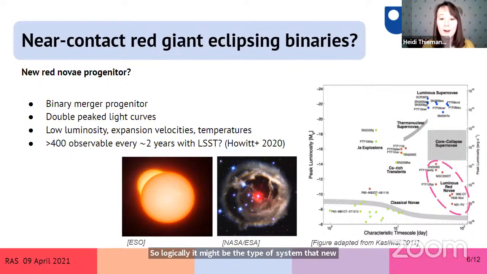And they're also very rare. Within our galaxy, we've only got 4 that have been detected in the last 25 years. So the current scarcity and diversity of observations means that extracting any sort of information about the transients and their progenitors is difficult, and identifying progenitors is a really exciting opportunity to be able to characterize red novae further.